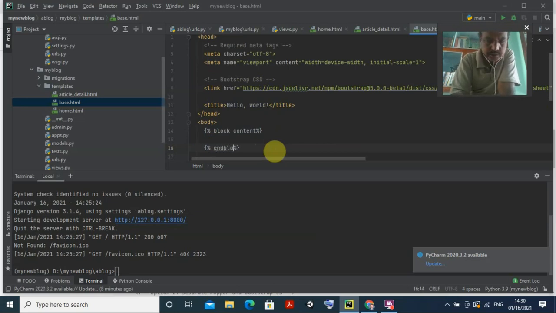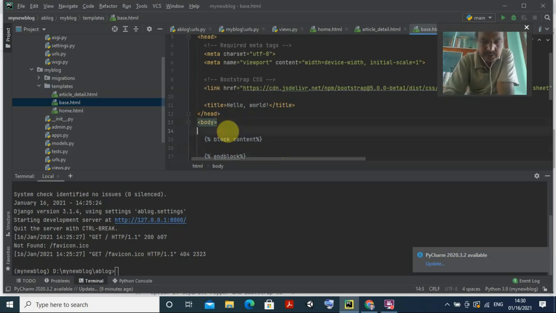Okay, block, right? So these are the things, and you can do one thing also, we can keep this inside a division, because inside the body you can put it inside a div.